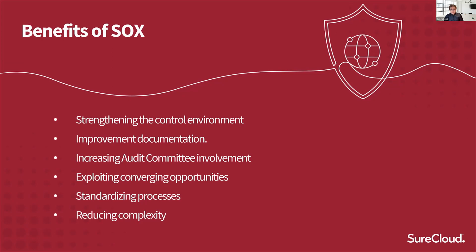Because different standards in compliance, different regulations that require control setups or controls to meet those requirements, are really there to ensure your business is operating with integrity, right? And what will happen is, if you take a bottom-up approach, you might be duplicating some of those activities to satisfy different regulations, but essentially you're doing the same thing.